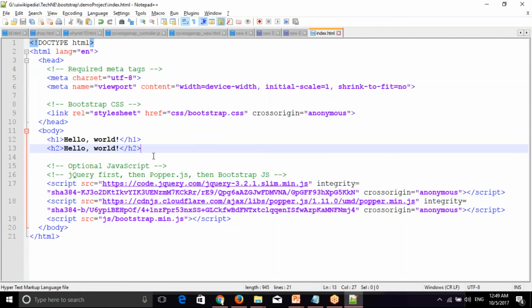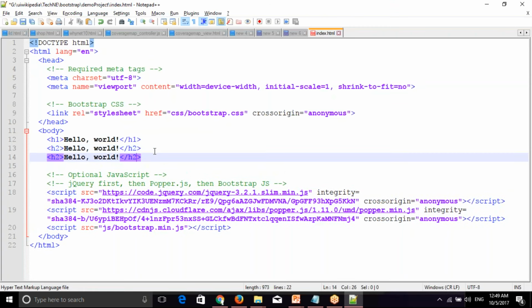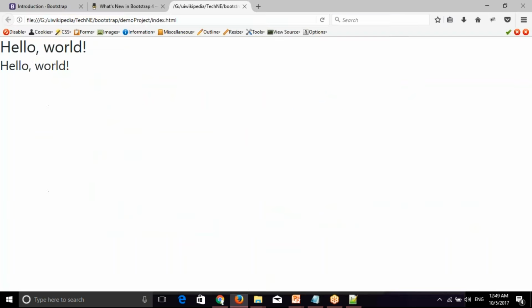Not only the h2 tag, the Bootstrap people have given h1 to h6 classes as well. Actually, we would need to write them manually, but coming to Bootstrap, they give them to us. If you see here, this is an h2 tag, but this is an h2 class. Both look the same, right? That's how they work.